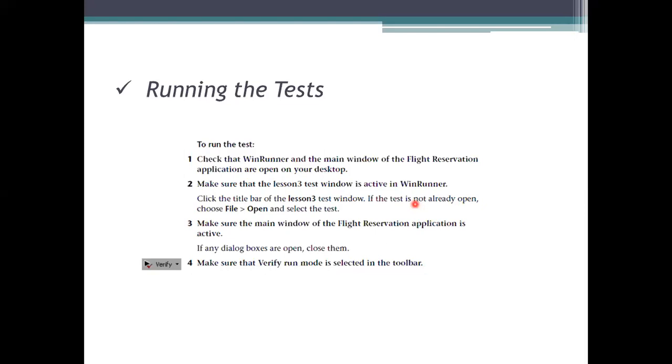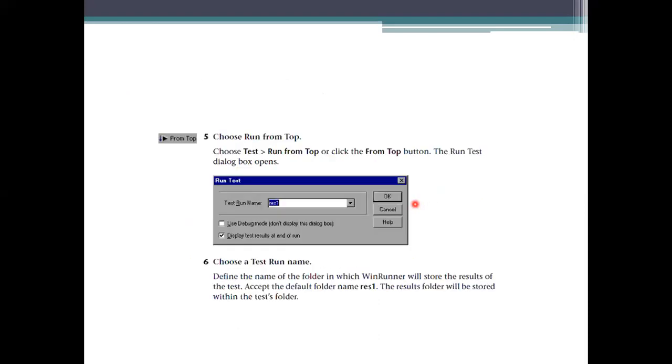So the first one here is the verify run mode. Verify run mode means verification is being considered as a behavior of the task, or the behavior of the selected one. So the behavior has been processed. What is the main window here? In this main window, we need to place the flight reservations and see whether it is allowing us to take this flight reservation or not. After that, we need to run that one.